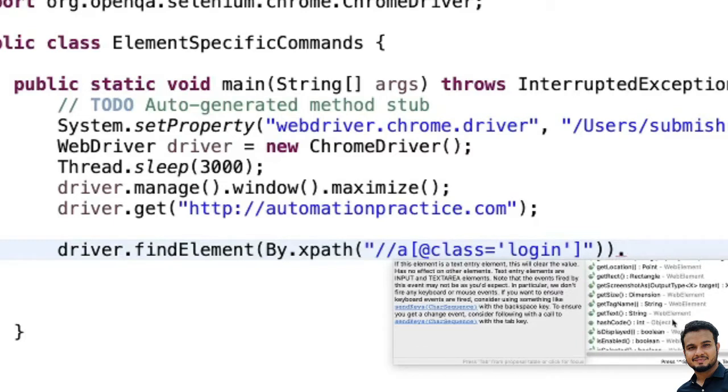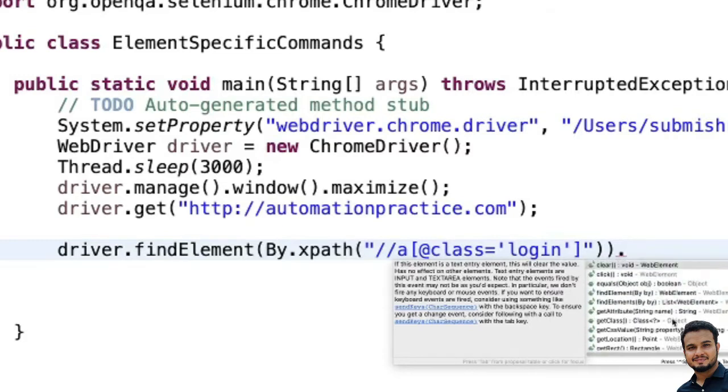Just see it very clearly. You are seeing it is part of web element, and a few more methods are part of object classes. So methods followed by the object keyword are the generic methods, and it gets them from the object class in Java. You will find these methods for every object of the Java language.